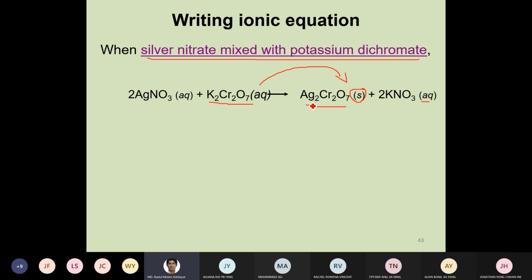But from here we see this is aqueous. That means silver nitrate in aqueous form, potassium dichromate in aqueous form, and then potassium nitrate in aqueous form as well. So how do we write